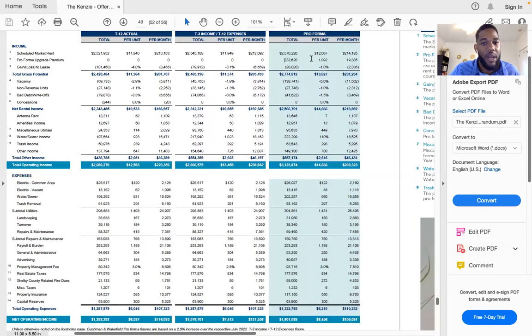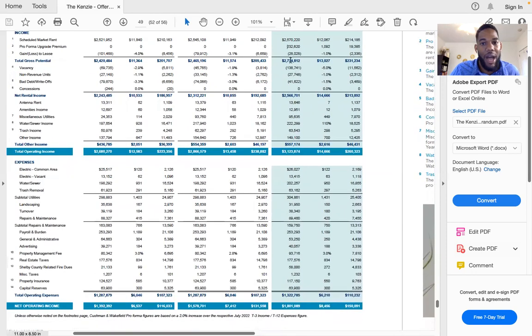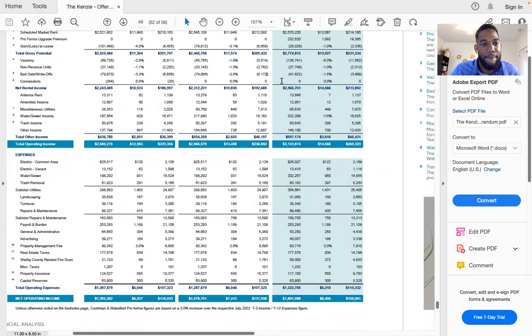And this may be one of the questions we ask the broker, right? As we're going through, we're trying to find questions to ask the broker. So this may be one of them. Why is the income so different here? And what's driving that? What do you think we need to do to achieve that?